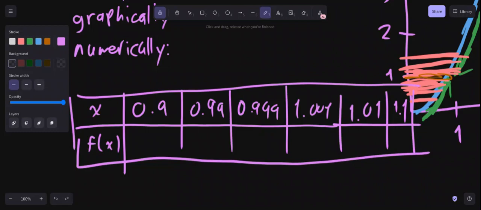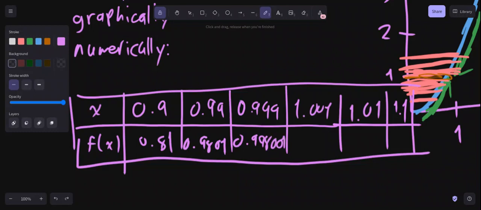Just like that. Now, I'm just going to bring out a calculator and see what each of these evaluate to. So, let's pull this out. So x squared. So this, first of all, is 0.9 squared. What is that? So this is going to give me 0.81. Now, what if we did 0.99 squared? That's 0.9801. If we did 0.999 squared, that would give us